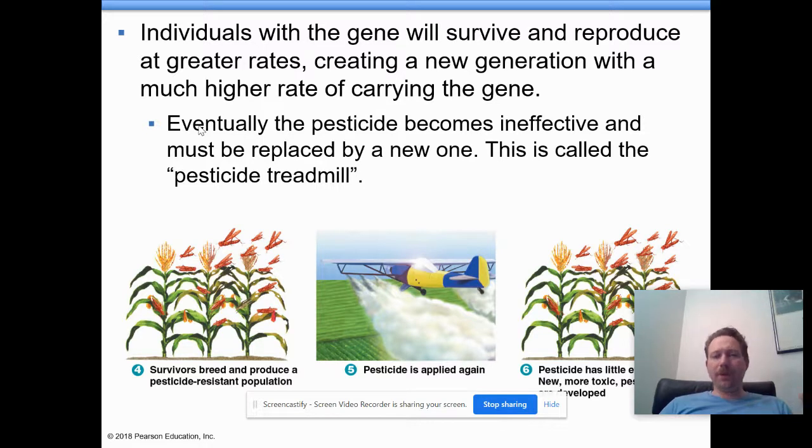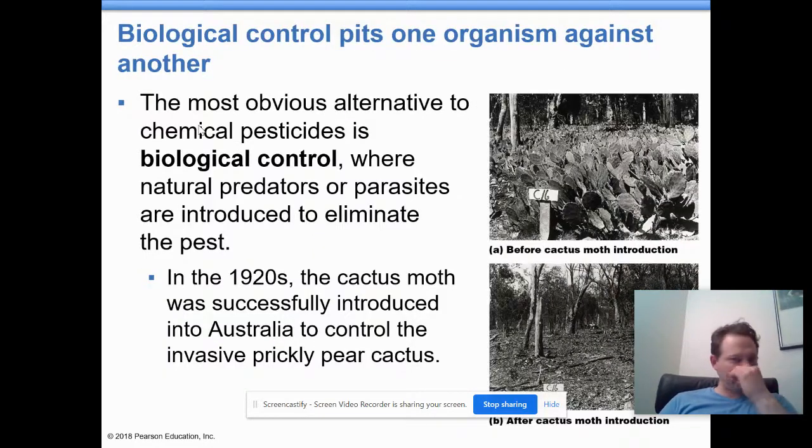And so what we call this is a pesticide treadmill, where we constantly have to redesign and apply new pesticides and new pesticides. So what do we do, right? How do we get off of this pesticide treadmill and try something new? Well, we have what's called alternatives like biological control, where we use natural predators and parasites to introduce and eliminate